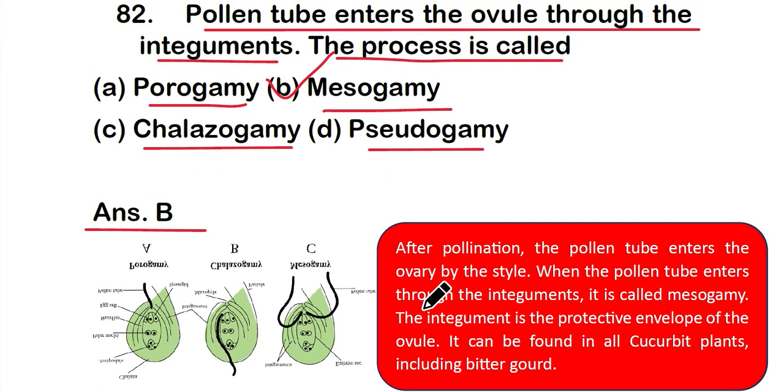So here we will see, after pollination, the pollen tube enters the ovule. When the pollen tubes enter through the integuments, it is called mesogamy. The integument is the protective envelope of the ovule. It can be found in all cucurbit plants, including bitter gourd. Okay, so here mesogamy is